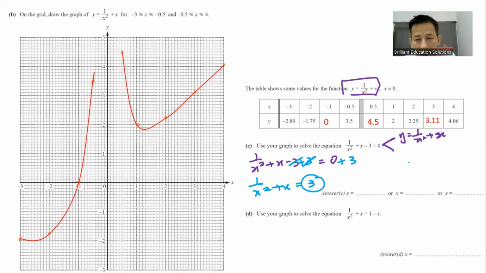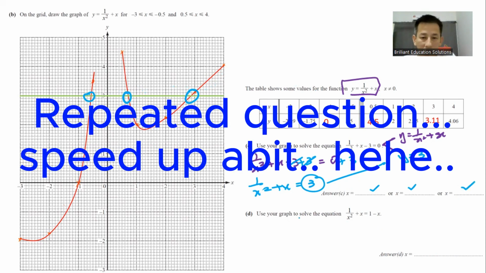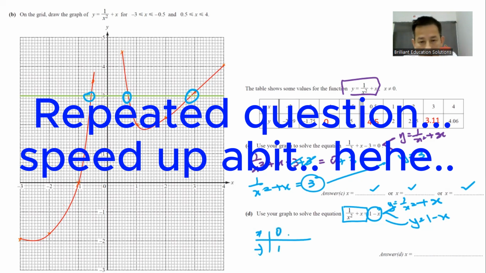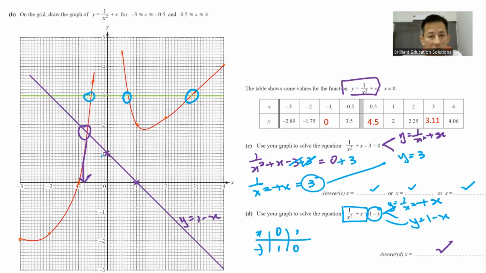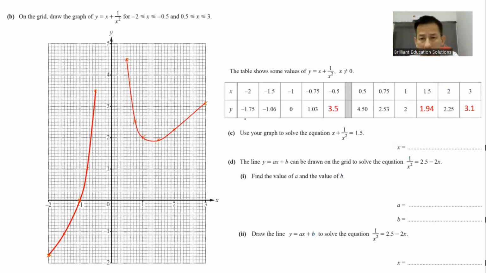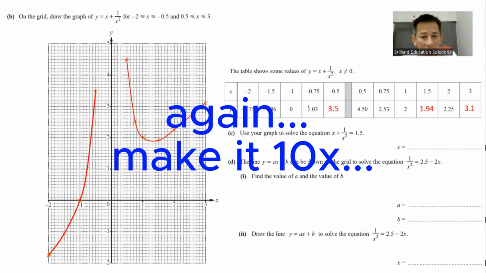Therefore, the other equation will be y equal to 3. Just draw the line. You should get 3 intersection points. Therefore, 1, 2, 3. Now move to the next question. Okay, it's more challenging. After you've done A and B,